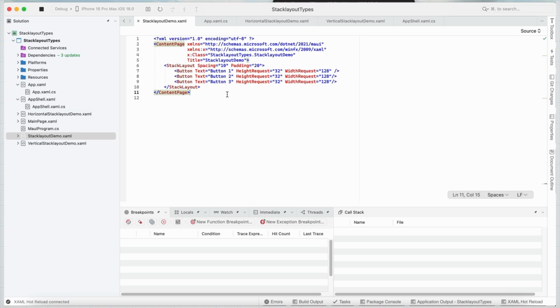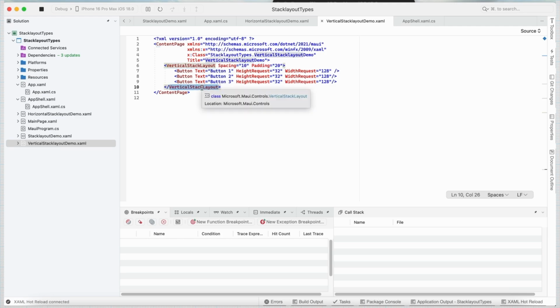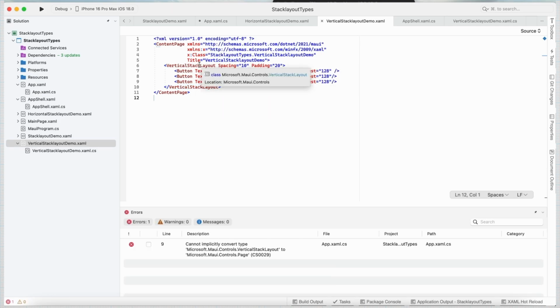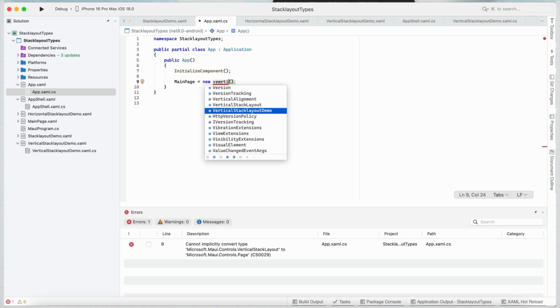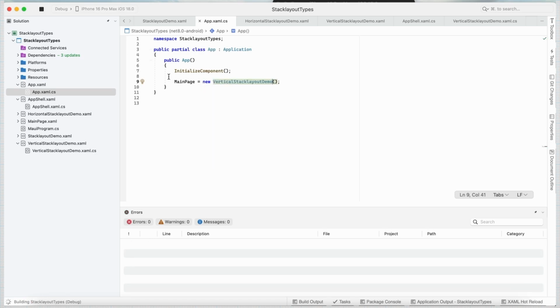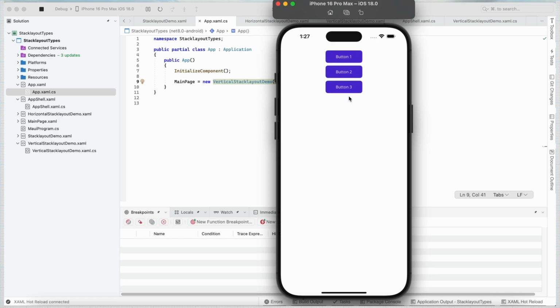Now let's start with vertical stack layout, which is perfect for stacking UI elements in a vertical column. So here I have a vertical stack layout and 3 buttons inside it. I am using the same spacing and padding as we used in stack layout. The only difference is instead of stack layout, currently I am using vertical stack layout. Now set this page as our initial page and try to run it again. Here if we see, the buttons are still displayed in a vertical manner. The only difference is instead of stack layout with the orientation set to vertical, this time we are using vertical